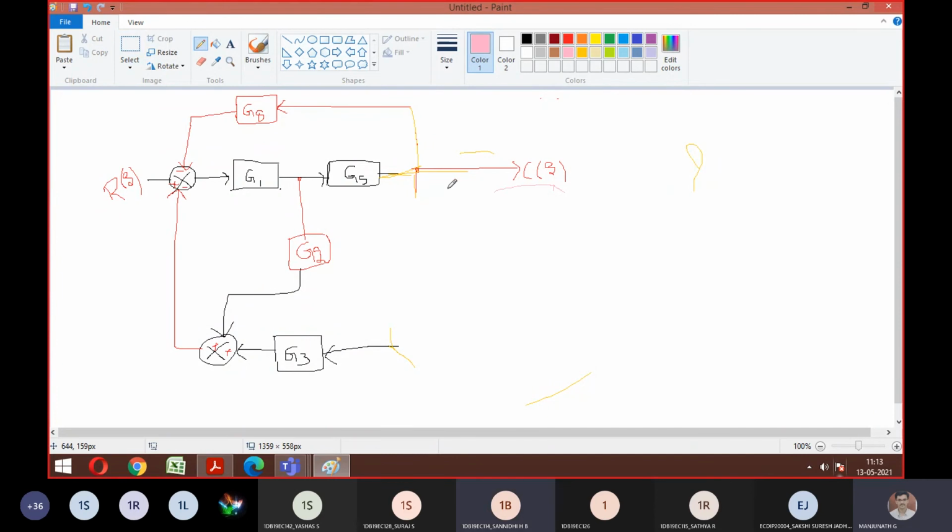So this complete block, what was it looking like? G4 plus G6, G7. So we have only one block. G4 plus G6, G7. I hope you understood, right? What we have done here to eliminate that. So then this is going to be cascade with this G3. Agree? So these two become cascade, meaning G3 is going to multiply with this. So again, I can eliminate this completely to a single block.